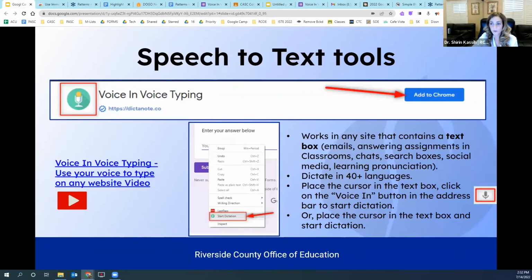The next tool. So these two tools, as I said, only work in Google Docs and Google Slides. But what if you want your students to send an email? What if you want your students to answer a discussion board on Google Classroom? What if they want to do a Google Form? So there is a tool called Voice